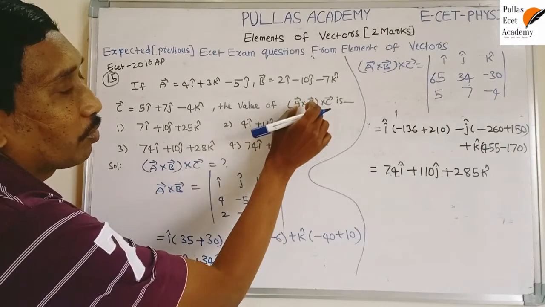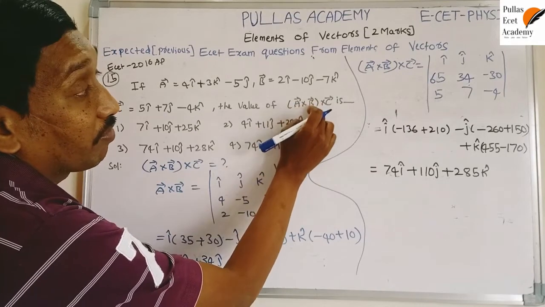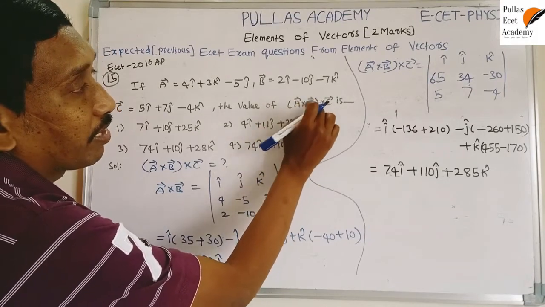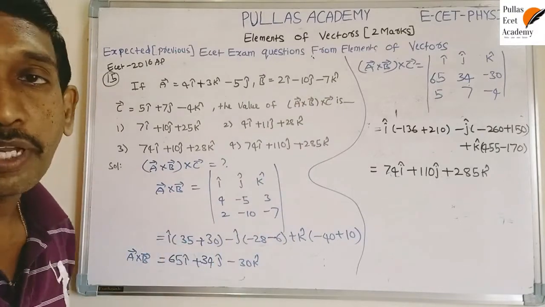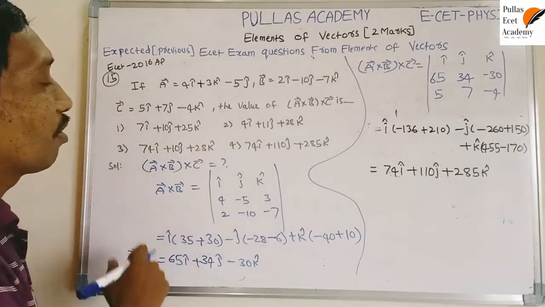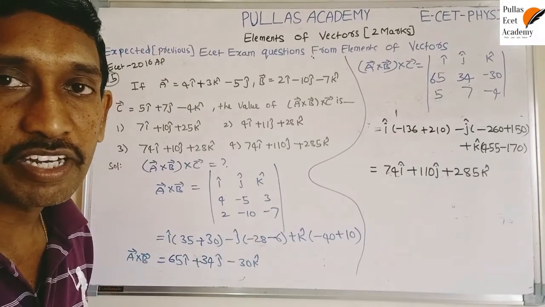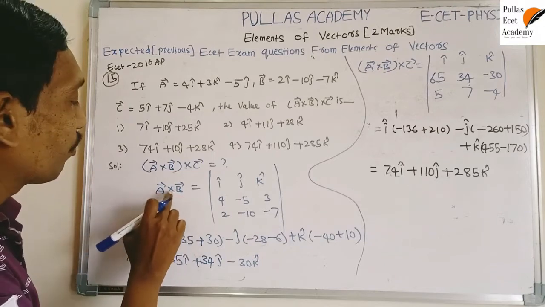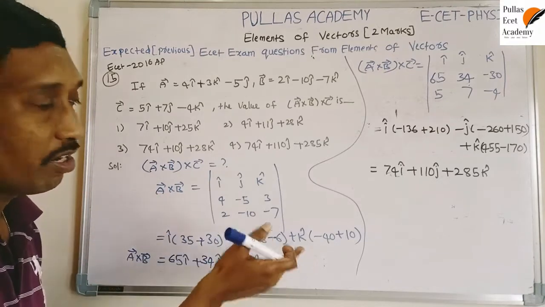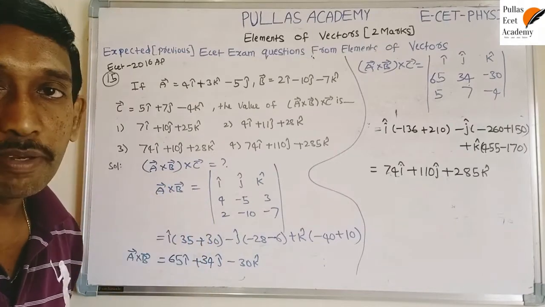We just have to find the vector product of A bar and B bar, and you get a new vector, and then take the vector product of that new vector and the C bar vector. So we take two vector products. First, we know the procedure to find the vector product by using the matrix determinant method. So A bar cross B bar first. We have already discussed so many problems based on this same expression.